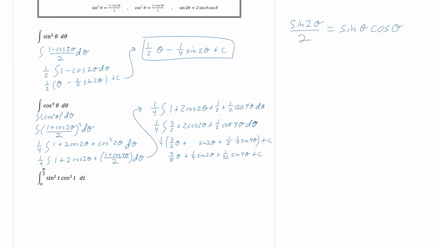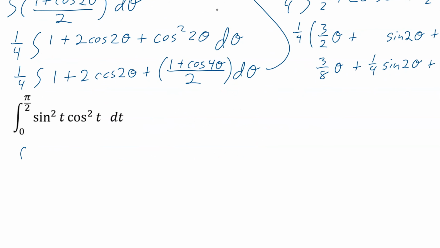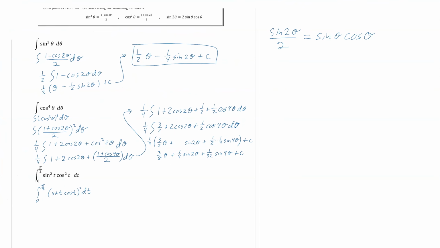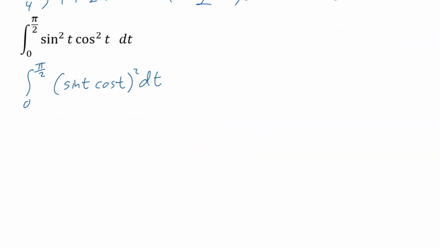So when you see sine cosine together and they're both equally distributed like we have here, we can try this one instead. So we go integral 0 to pi over 2, and we're going to put them together. So sine t cosine t squared dt. And so what we just did was rewrote it so that we can use that double angle identity. So sine theta cosine theta is sine 2 theta over 2. So this is sine 2t over 2